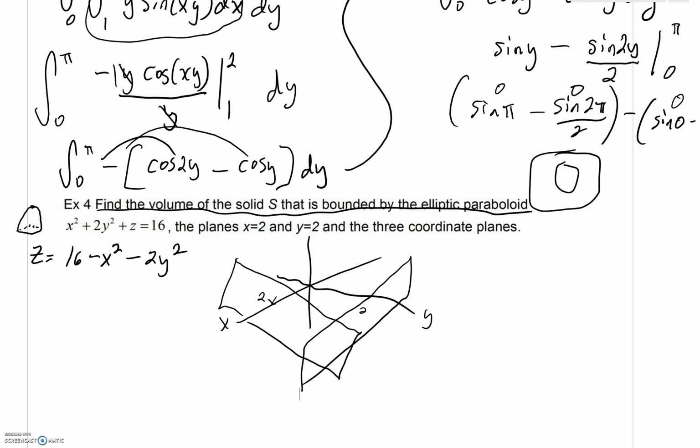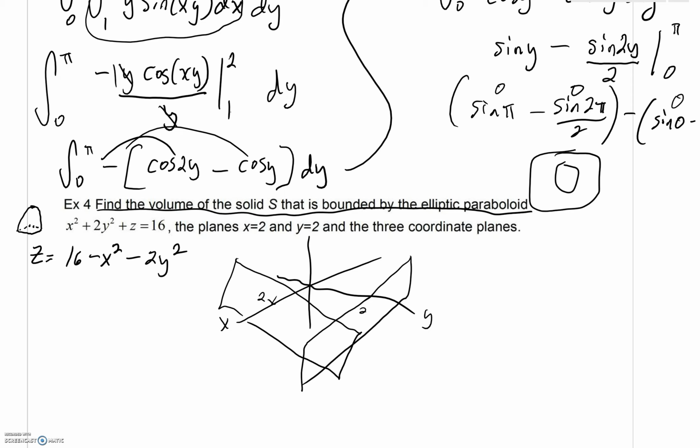Multivariable calculus. We're in lesson 15.2, our second video, our part 2 video. We're finishing up example 4. We were told to find this volume. So in other words, as the planes are cutting off x equals 2 and y equals 2, and the three